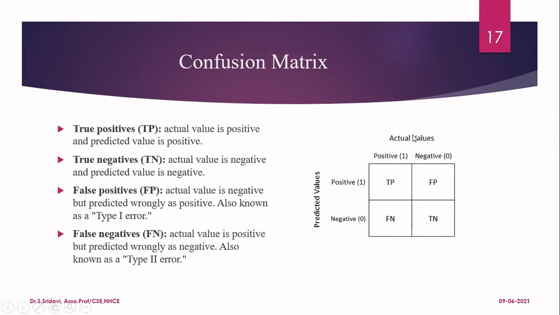Actual value represents, if I give you the data set, what is my output label in that data set? It can be either 0 or 1. That is the actual value. Then I'm going to pass this data set to my model and predict the output. So that is called the predicted value. Now true positive is nothing but it is going to tell for how many samples the actual value is positive and the predicted value is also positive. True means it is correctly predicting it. That means all positive is predicted as positive, and all negative is predicted as negative. That is called true.